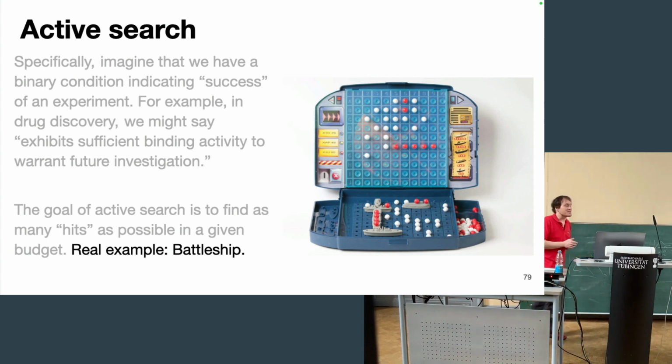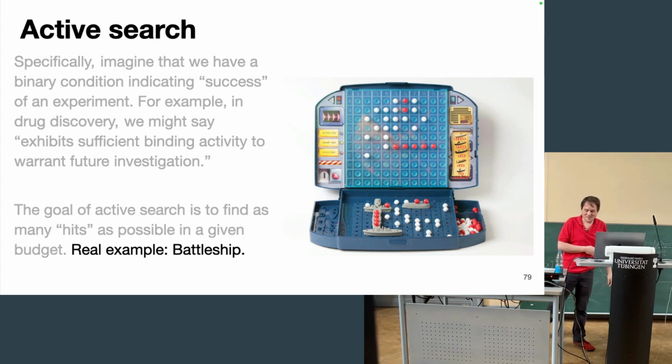So a real-world example of an active search problem is this board game Battleship, or Schiffe versenken. Heißt es auf Deutsch? So here we have a design space that is literally an ocean. It's this 10 by 10 grid. And I can conduct a sequence of experiments to reveal either hits or misses. And I want to design my experiments sequentially so as to recover as many hits as possible in a given